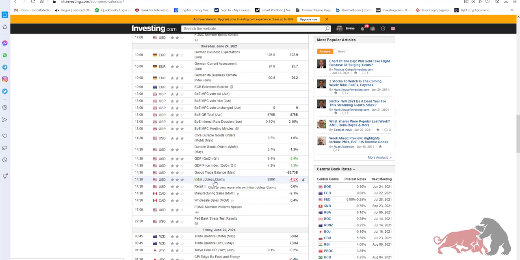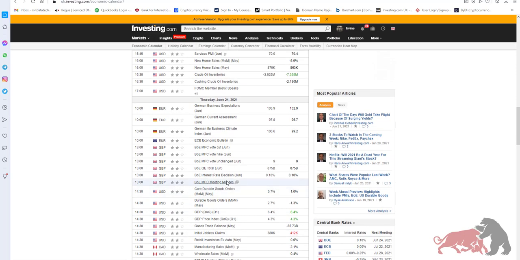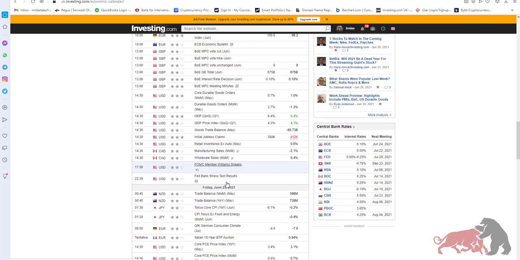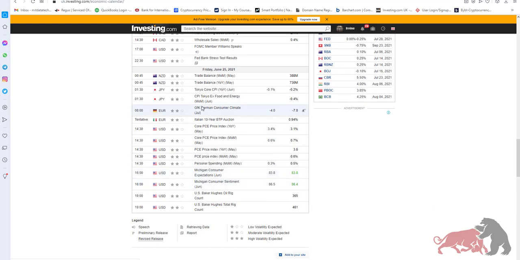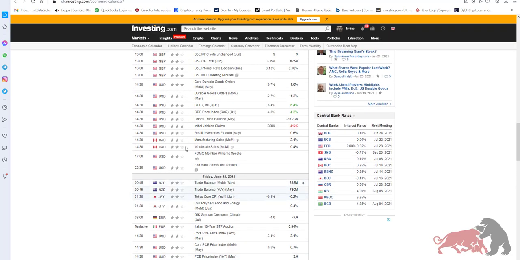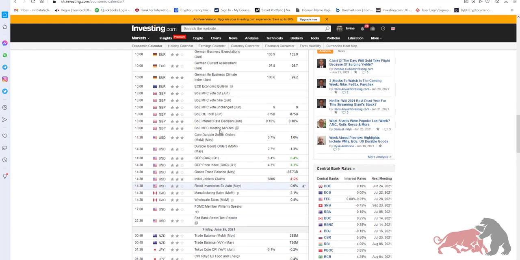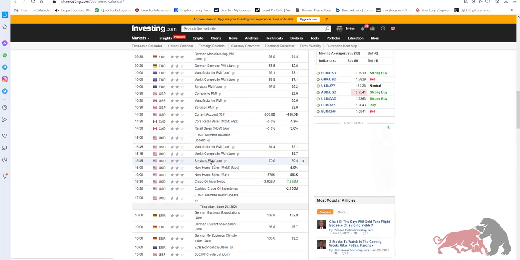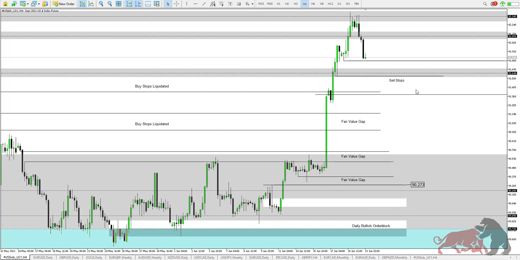And then we've got the initial jobless claims on Thursday. Then Friday, there isn't much. Yes, there are these 2-star fundamentals, but they won't have much of an effect. But these ones here, the ones with the FOMC, guys, they are very crucial. Market will definitely react. So we are bullish on dollar, firstly from 91.60, and then secondly from the